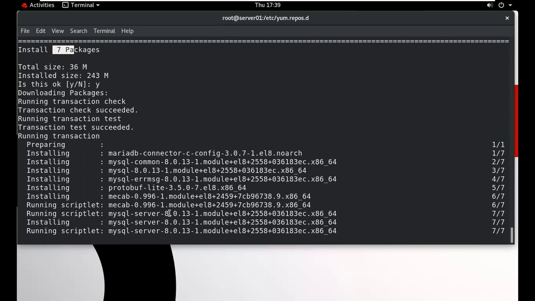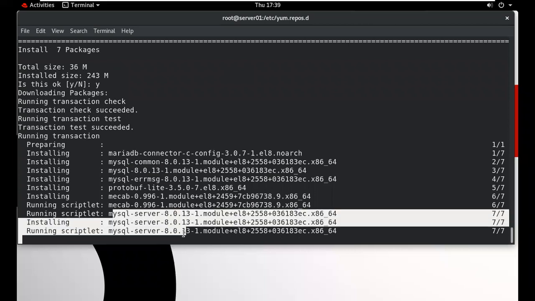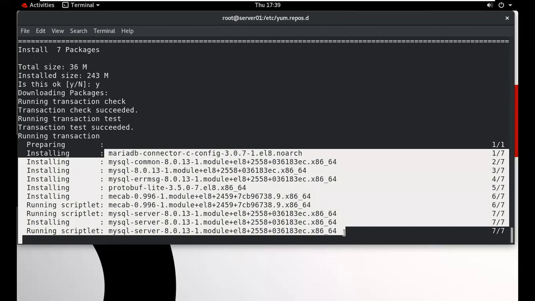So these are the functionalities supported by the yum server, the local yum repository. It will install the server package also. This is the client package. This one is the client. So it will install the MySQL database in my Linux machine. Like this particular way, we can install any packages.